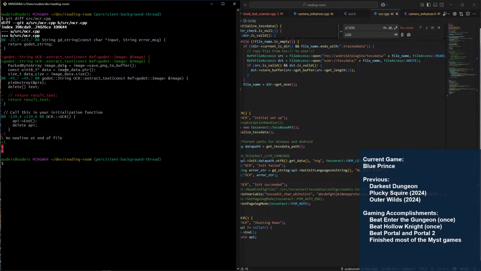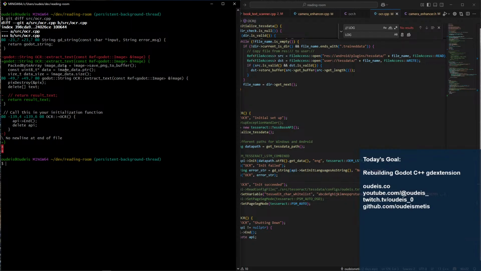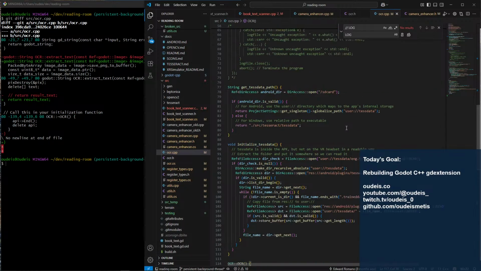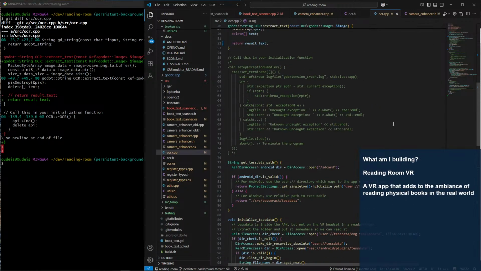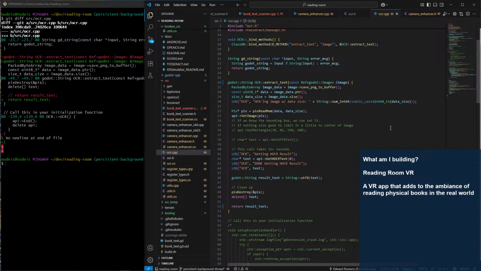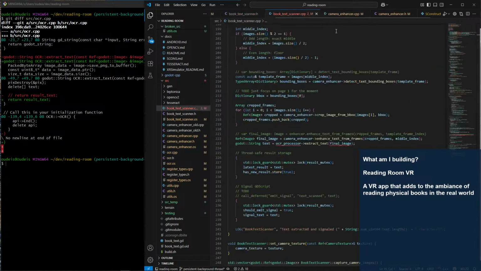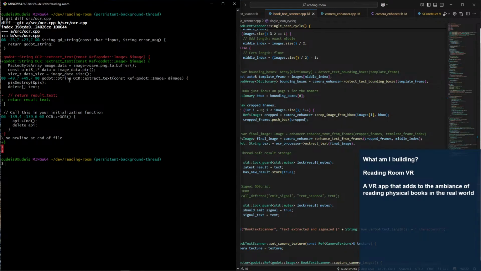How is that line different? Godot string OCR extract text const ref. That's weird. Huh. Well, it's happy. Let's close that. And now this is happy.